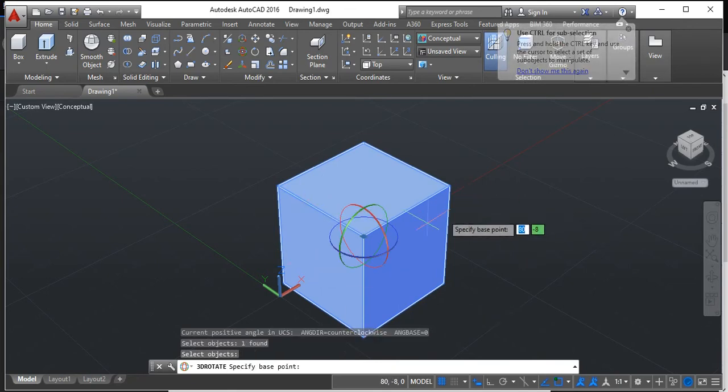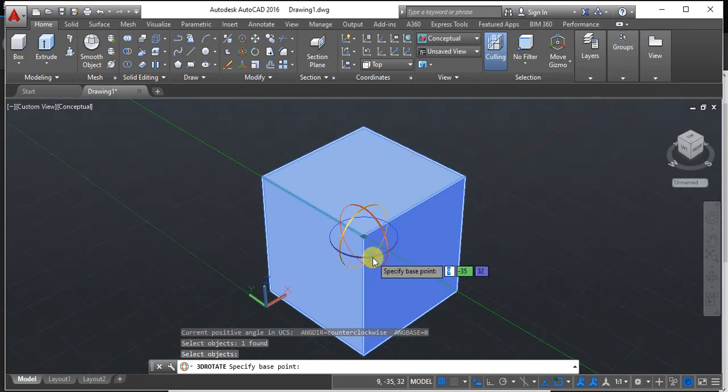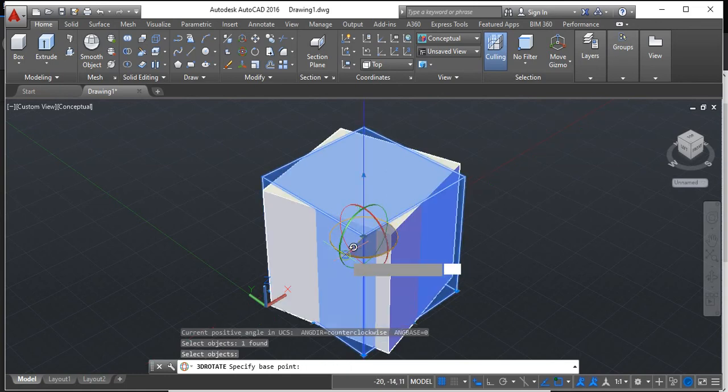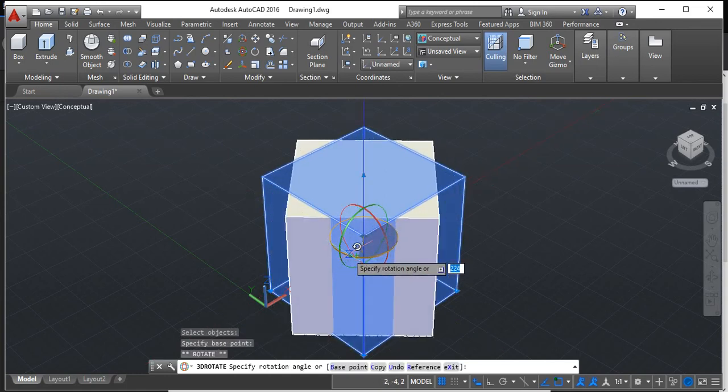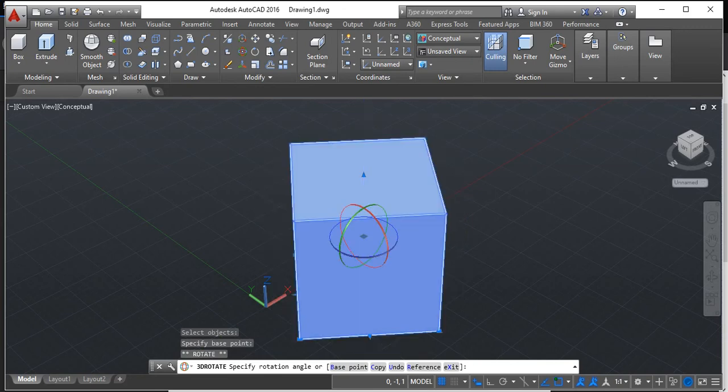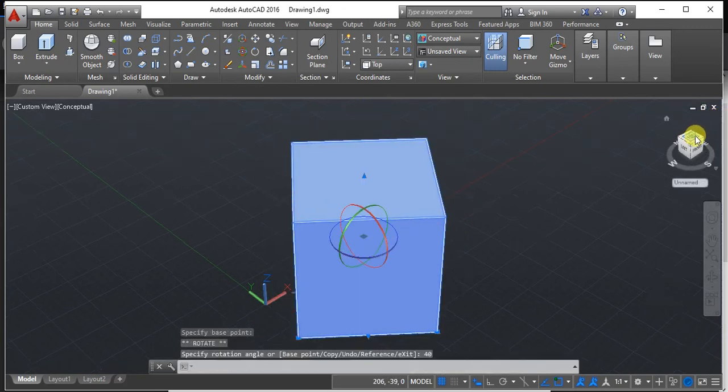So which ring do you have to select? Can somebody tell? Blue one, orange or red? Yeah guys, please respond. See, it has to be rotated with respect to the wall. Wall means vertical thing. Vertical means vertical ring. This ring. It has to be rotated by an angle of 40. That's it. Your question is done. So in the top view you can visualize the angle.